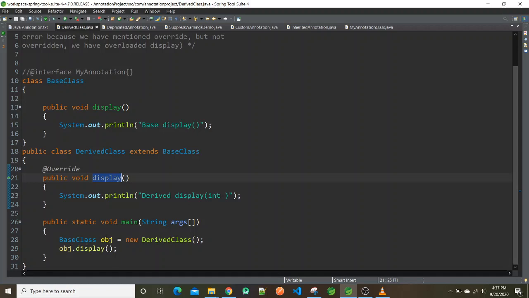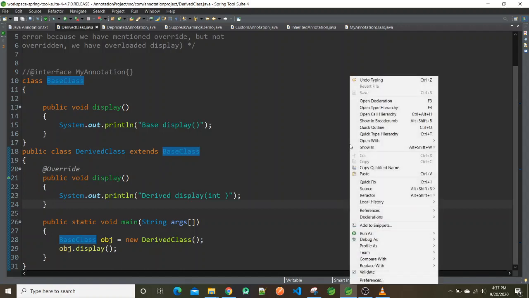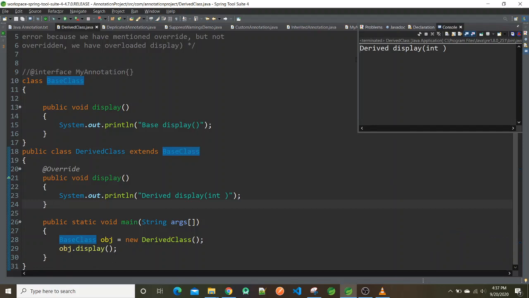So I have created the object of base class which holds the instance of derived class, and simply we are calling that display method. Because of the overridden one, it actually calls the derived display method. So as you can see the output, it will show the derived display int as an output.